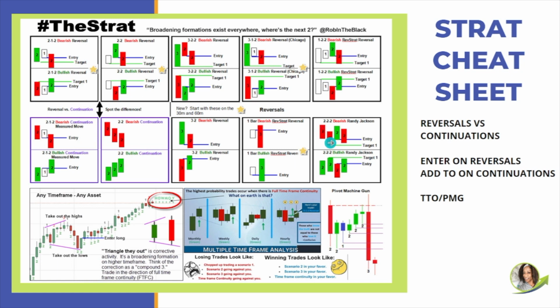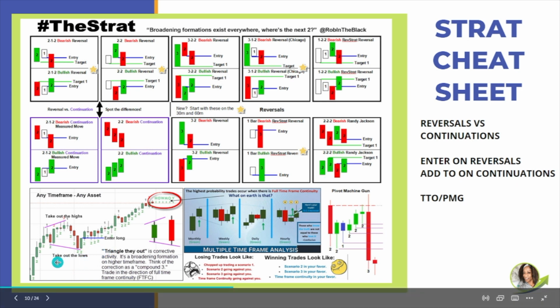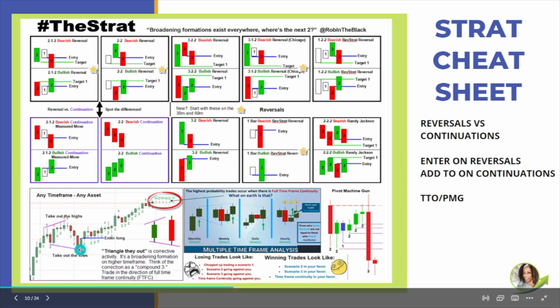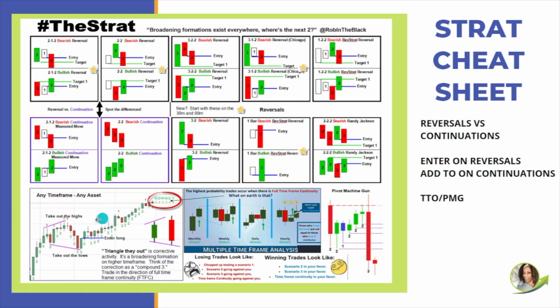Ding, they're out. On this one, ding, they're out. Ding, they're out. Time to reverse because we have no new sellers. Okay, so that's what triangle day out is. It's basically corrective activity. You can see here, if you shorted this here and it came down and then you bought it here, when it came back up, they got taken out. Right? Once they got taken out, they may have reshorted, came back in here. These people that bought here got taken out here. They may have rebought, and then the price goes back up to continue that